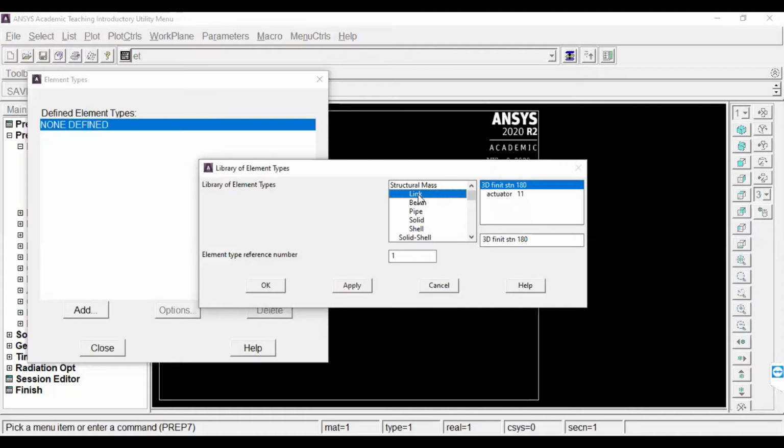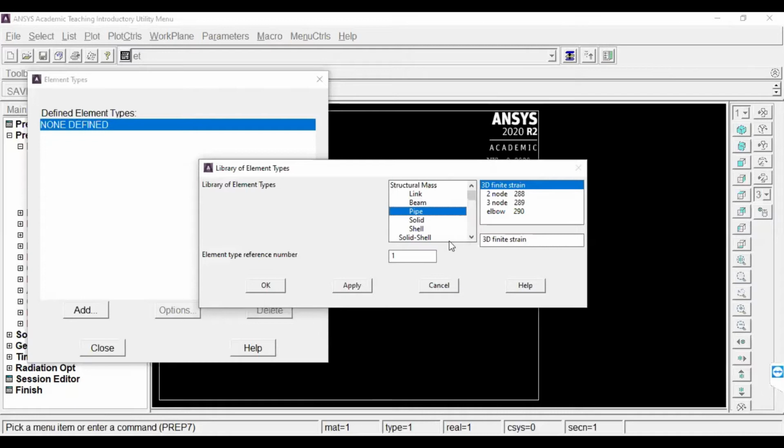Even in each one, you can find different types of elements. Link, actuator 11, beam. You can see 2 node, 3 node, 188, 189, pipe elements.